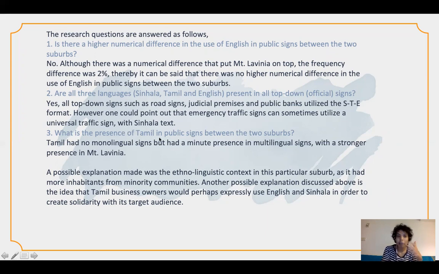What is the presence of Tamil in public signs between the two suburbs? Tamil had no monolingual signs, but had a minute presence in multilingual signs, with a strong presence in Mount Lavinia. Right. So as you can see, this provides a very ethno-linguistically dense conversation for us about multilingualism in Sri Lanka, as well as the appearance of different languages